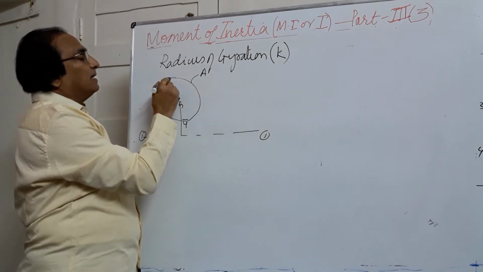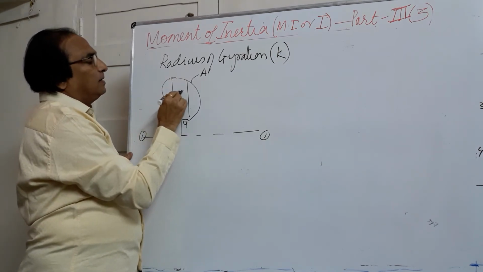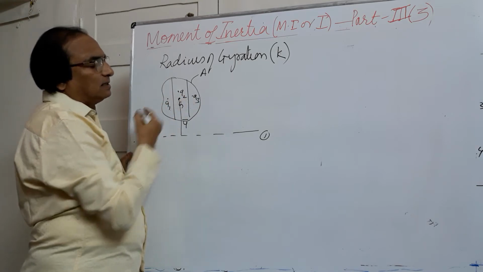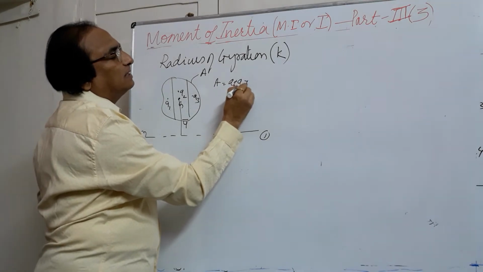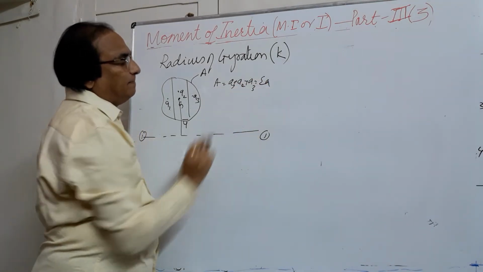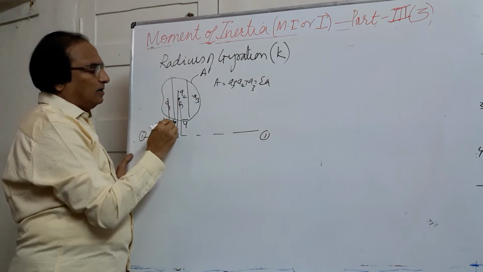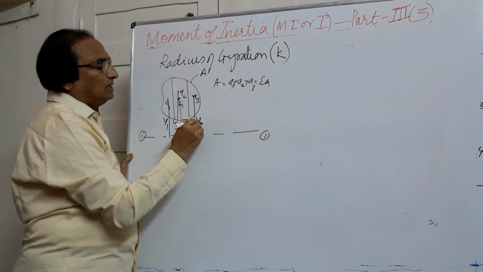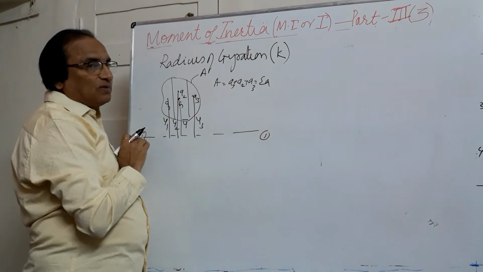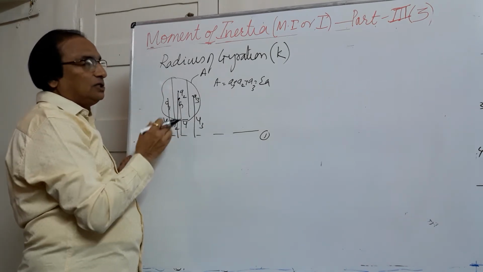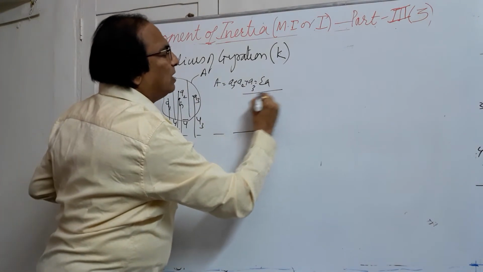Now suppose I break this body into a number of small elemental components, A1, A2, A3 are the different areas. We know A will be equal to A1 plus A2 plus A3, which is equal to sigma A. Now here let these distances be y1, y2 and y3. Now you are seeing in this figure the distance of the center of the different elements, that is G1, G2 and G3 separately. Now what I will do, I will squeeze this completely into one body.